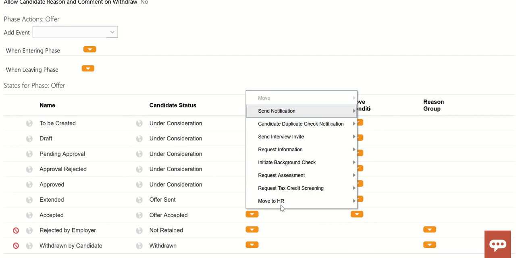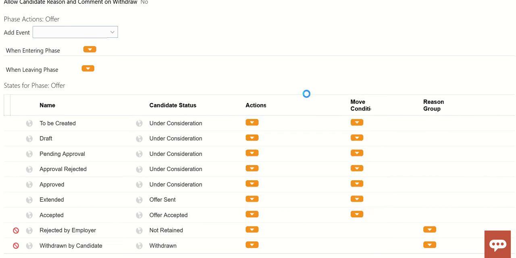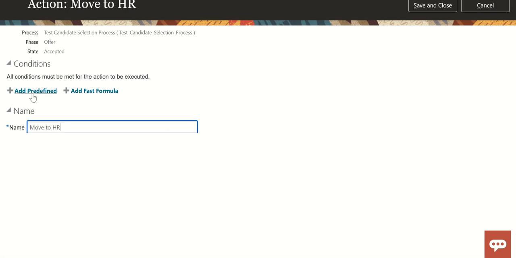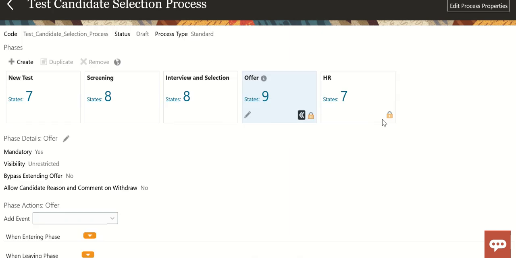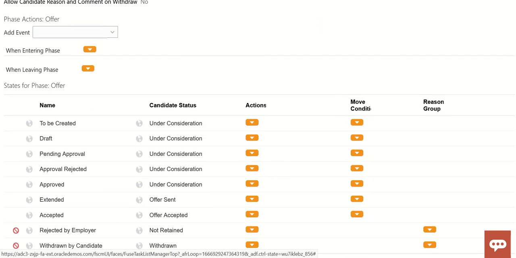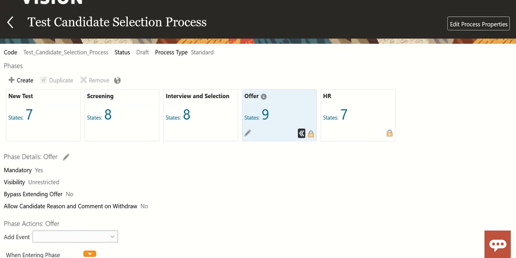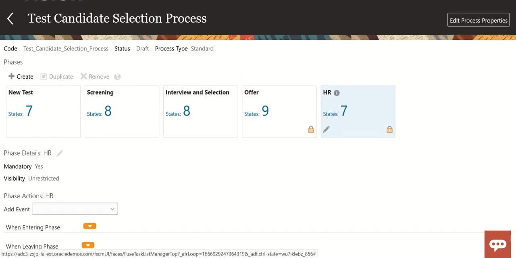In the offer accepted state we can move it to the HR, so that condition we can define here. At the offer accepted stage, this action will automatically be enabled in the job application. In the HR also, as I mentioned, you cannot do anything here.